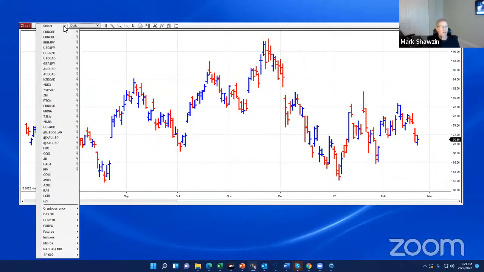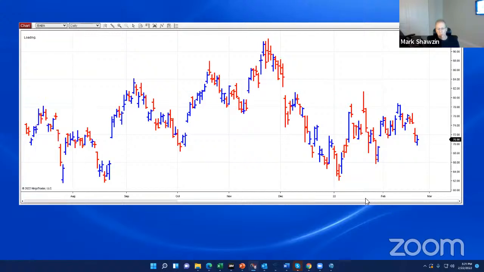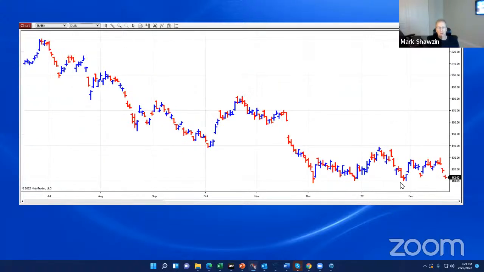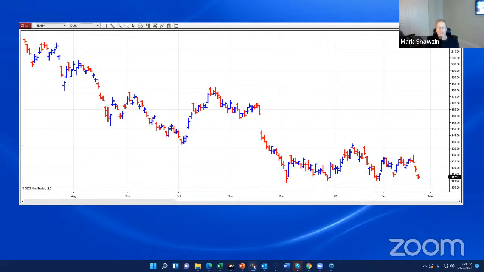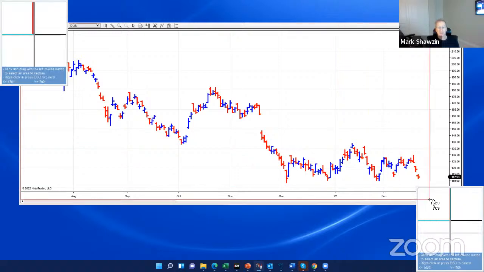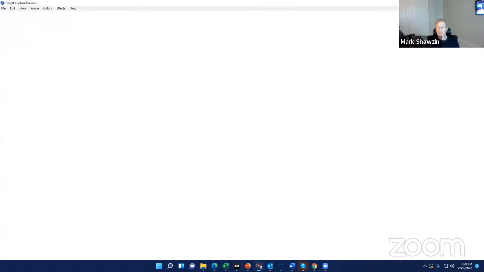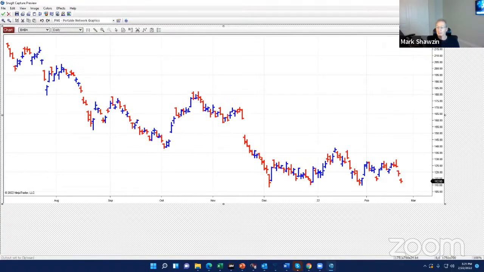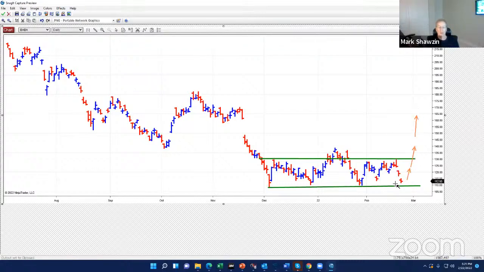And then BABA is kind of in this somewhat of a rectangle bottom. Now, normally I would wait for a bigger sign. I would wait for what I call a key reversal. So, you can see BABA has been traversing between this low and this high. So, this is how rectangle bottoms are formed. If it grabs a foothold here and goes up, I'll be able to see, okay, this is how it started.